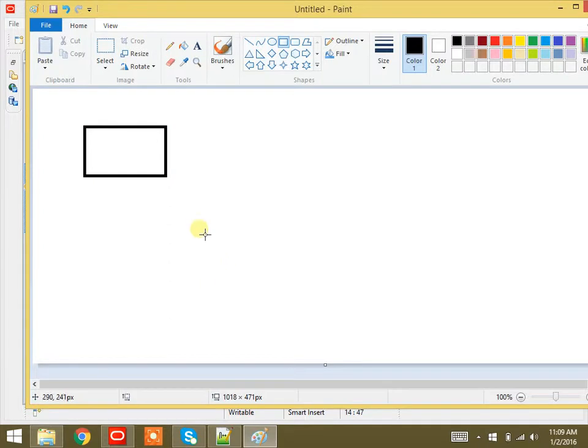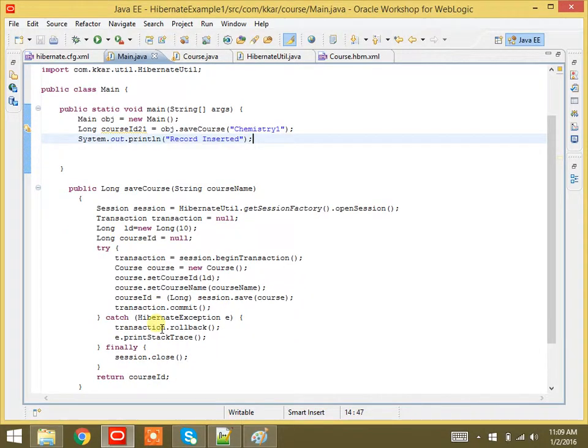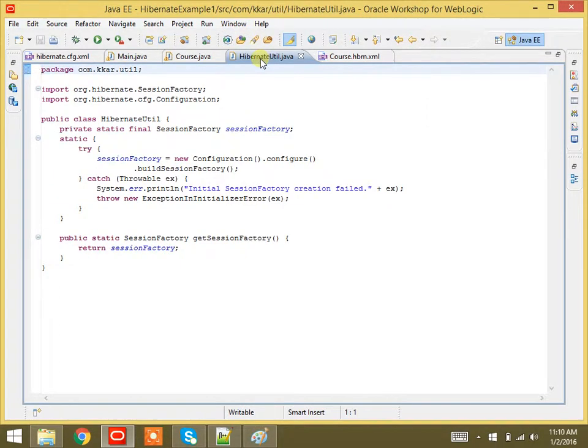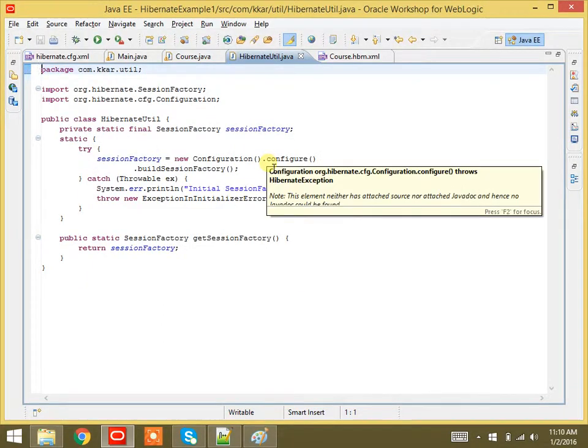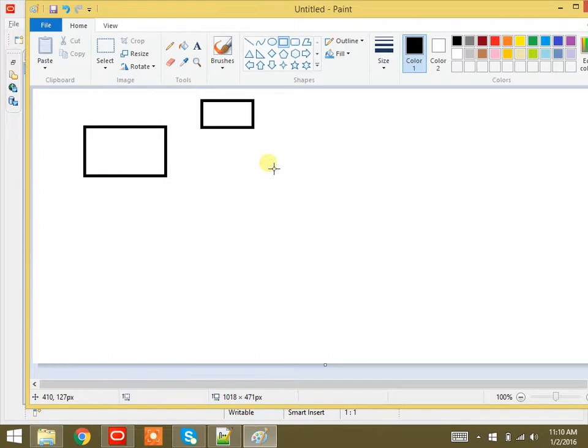Next, this console based program will be making use of HibernateUtil.java for creating a connection. I will be explaining the code one by one, but the flow I am teaching you first. This is HibernateUtil.java for creating the connections. Database connections, everything will be registered over here in HibernateUtil.java. Clear?